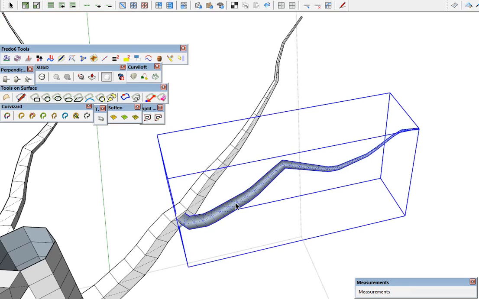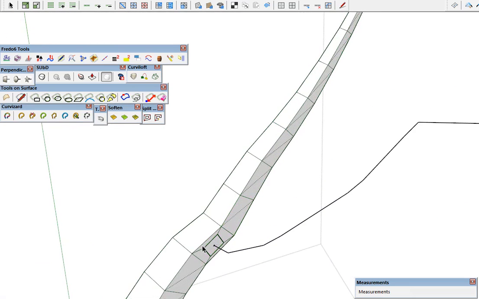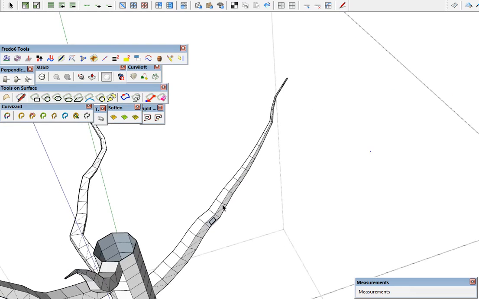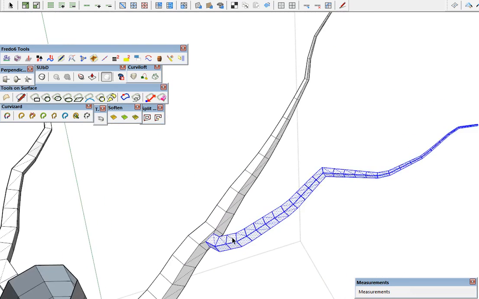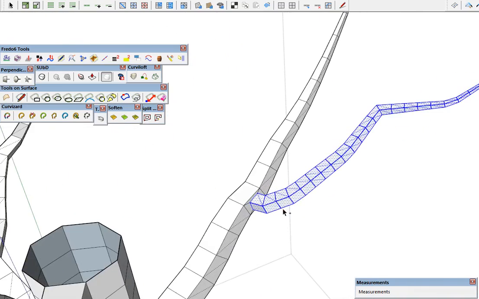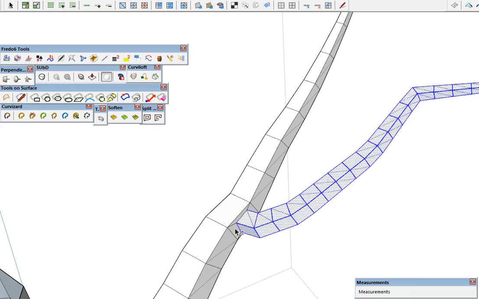And we're going to get in here. We'll just unsoften that. And I'm going to reverse those faces there. And again, the method I use is I just cut it, delete that extra, and paste it back, explode it. And I got a little bit of an issue here. I forgot to group it before I erased that here. So let's delete that face, paste that back, and now